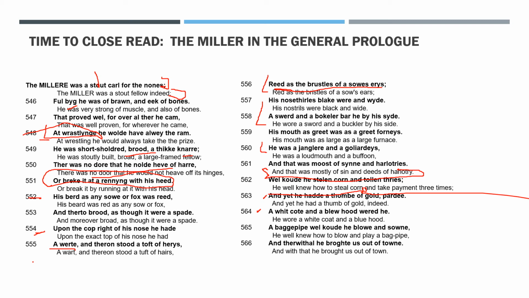And worst of all, he's got a bagpipe. He's playing bagpipes, the most obnoxious of all instruments. But despite all his shortcomings, he's the one bringing them out of town. He's the leader of the party at this point, which includes a knight, an actual knight, and his son. So keep in mind all these qualities about the Miller as you read his tale. You know that he's not the most trustworthy sort. That might play into his tale as well.